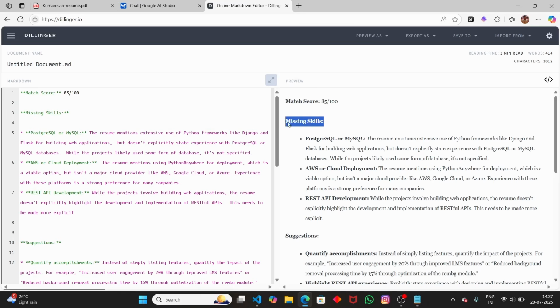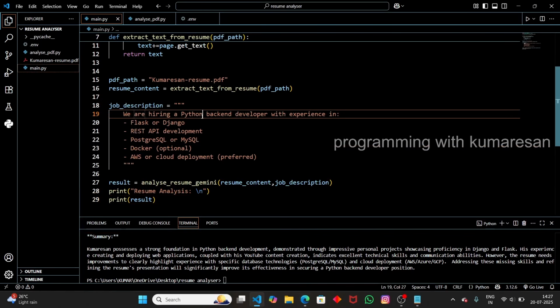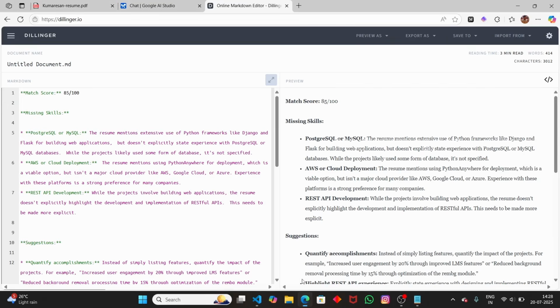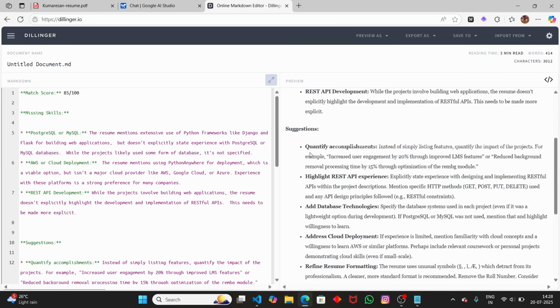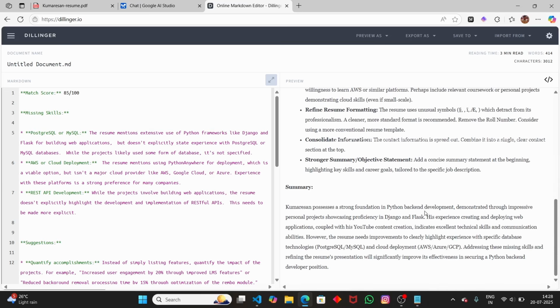So missing skills include PostgreSQL, MySQL, AWS, REST API. This compares against the job description. Consider that in the job description we ask for Flask, Django, REST API, AWS, and we also give suggestions. You can read out the suggestions and improve the resume based on them. For example, quantify accomplishments, highlight REST API endpoints, refine resume formatting, and so on, and we can also